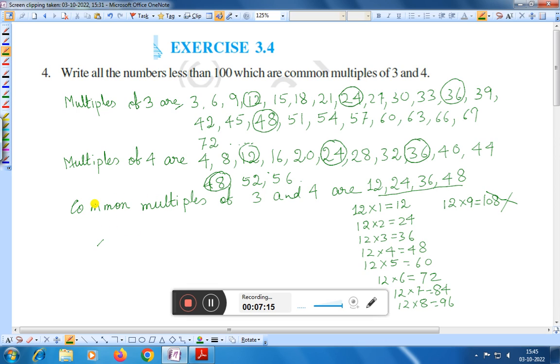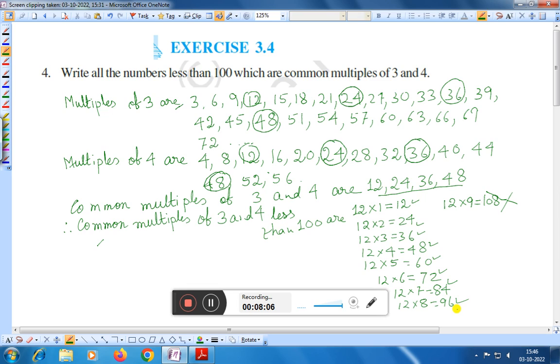Therefore, common multiples of 3 and 4 but less than 100 are the table of 12, that is 12, 24, 36, 48, 60, 72, 84, and 96. This is the answer of